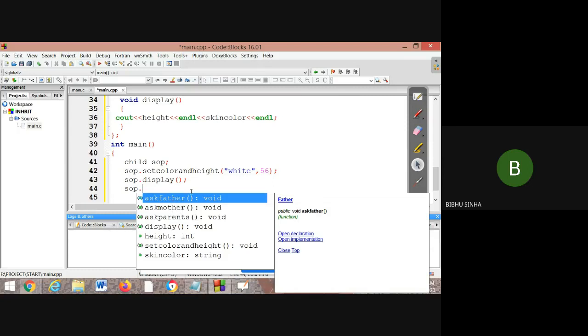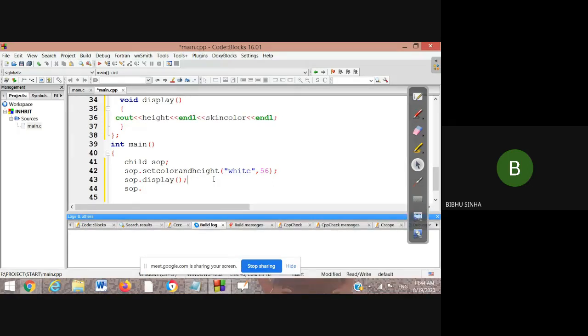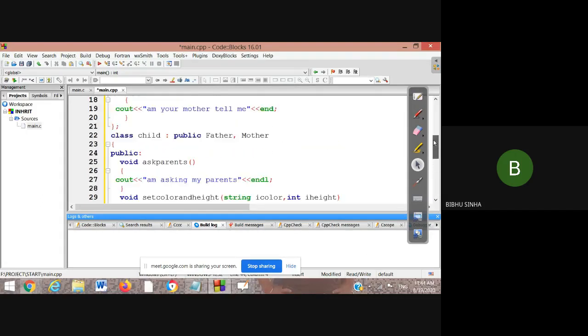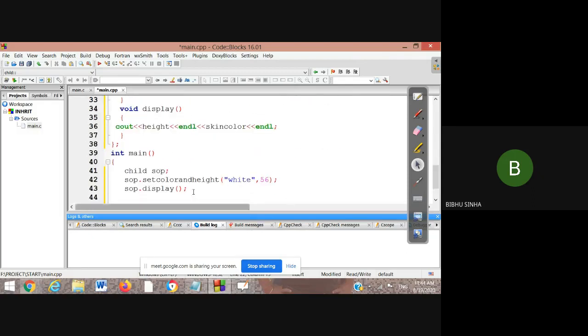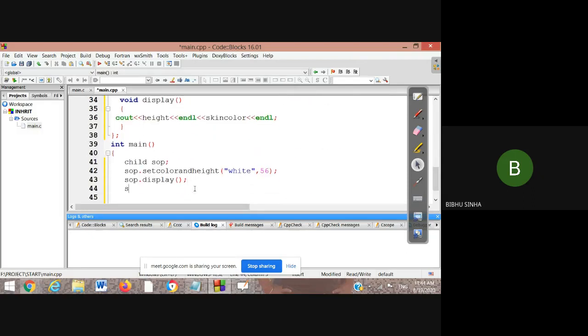And suppose we are not using multiple inheritance here. For example, just remove this, and I am coming to this here. Suppose I didn't write this code. So if you are not writing this code, and if you want to access here, sop dot,